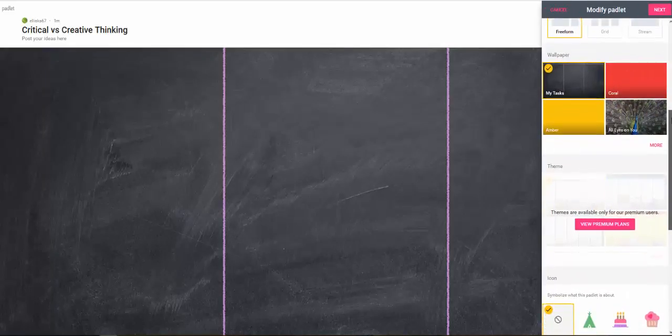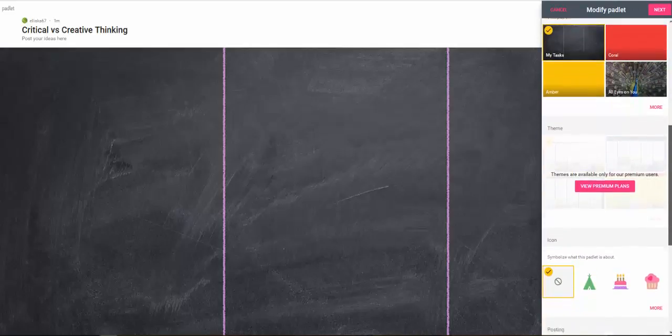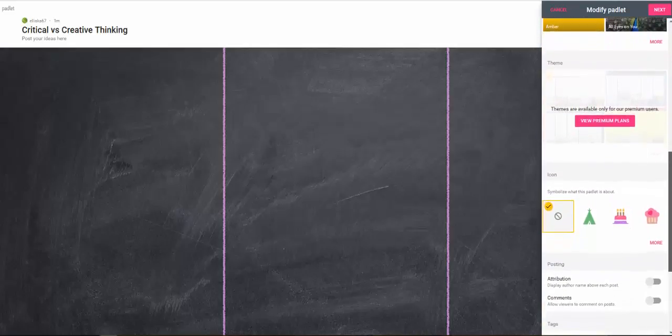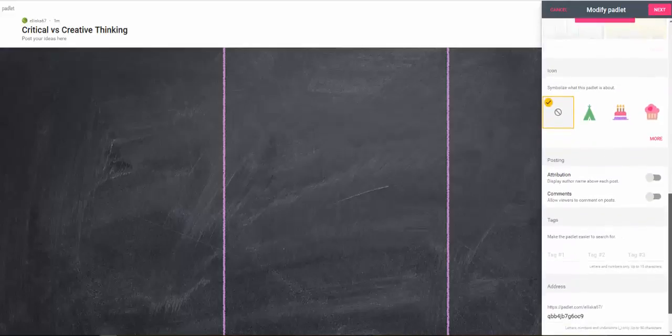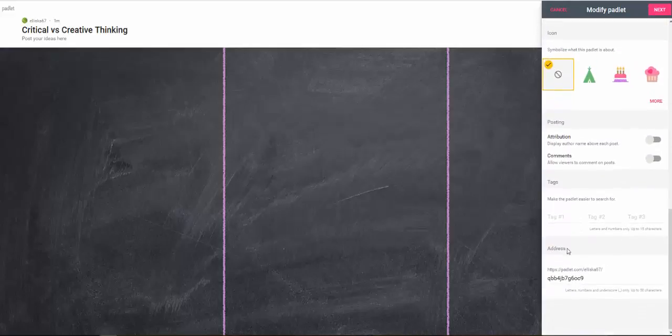Now, back on this first page of the configuration of your Padlet, I'm going to scroll down a little bit more until I get to the very bottom and I see address. This is the URL that you'll be giving your students. Padlet.com, the name of your account, slash, and this number. This number is impossible, right? So you can change it and give it a more user-friendly name. I am going to go ahead and call this one